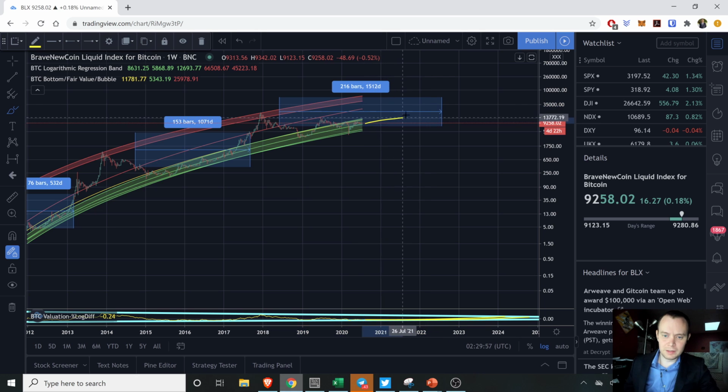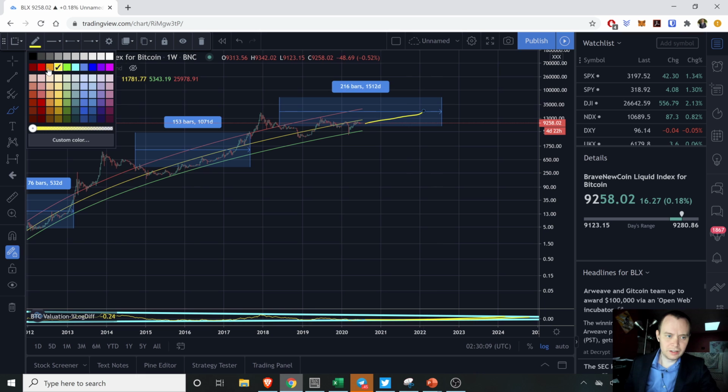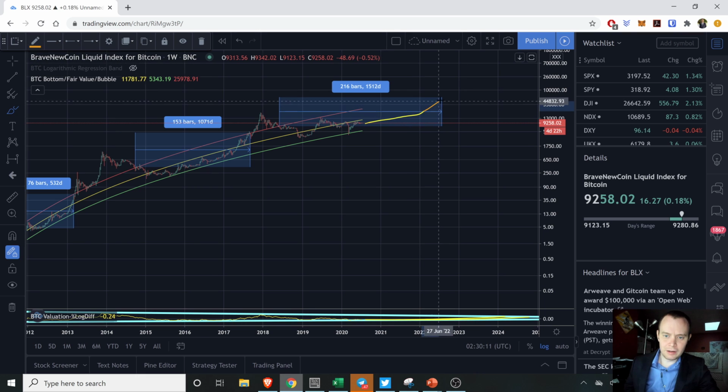So if we ultimately just come up to 20K, somewhere in that range, and then let's go ahead and hide that again, and then we break out over here. Let's change the color to orange, and then we break out here and go into our final speculative bubble, maybe sometime in 2023, something like that. Okay, obviously I drew this correction way worse than it needed to be, but you get the idea.